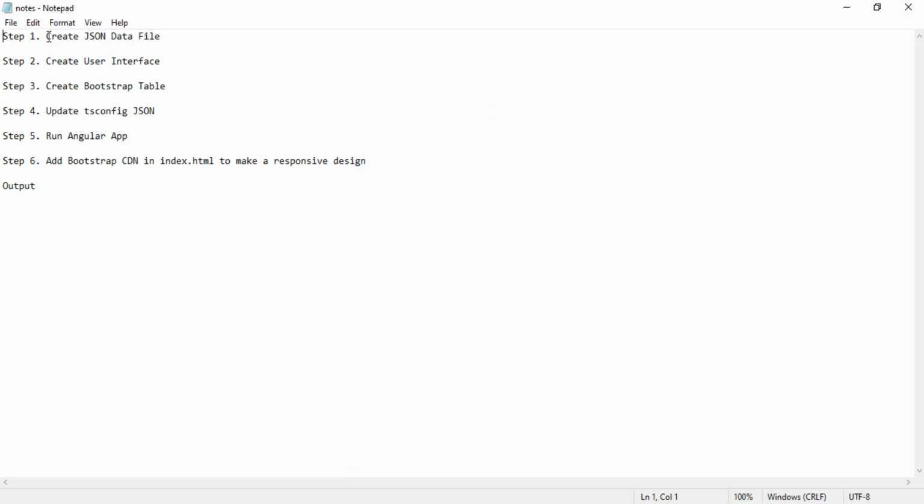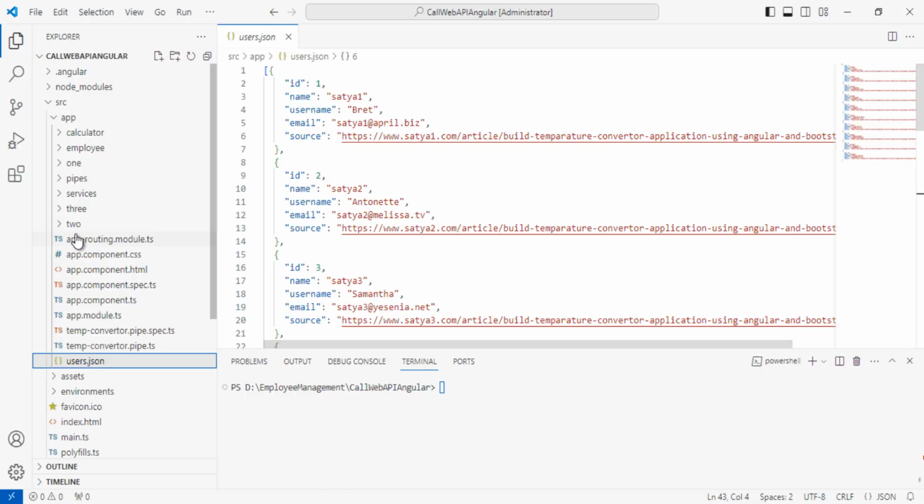Before creating the JSON data file, I'll tell you about JSON files. So what is a JSON file? A JSON file is a useful file that helps to store simple data structures and objects in JSON format, typically known as JavaScript Object Notation. It is used for transferring data between a web application and a server. So here in step 1, as we create a JSON data file,